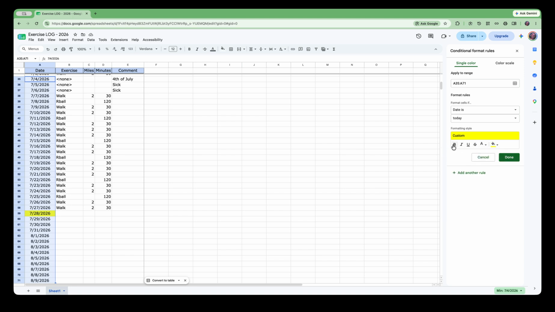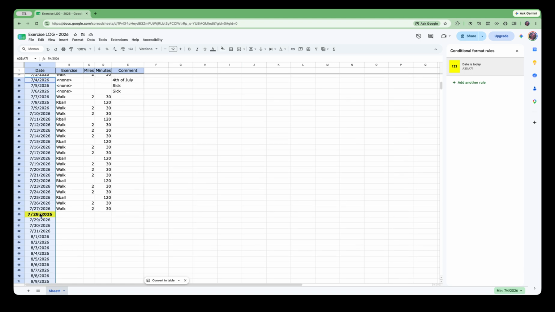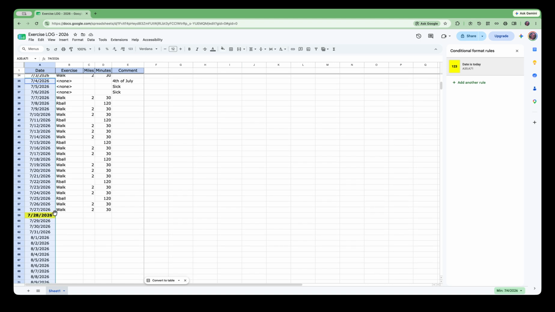Obviously you can do other formatting as well. I think I'm going to make it bold to make it stand out a little better, and that's done. Now you can see in our selected cells that today's date, which is July 28th, is highlighted in yellow and bold. Now tomorrow when you come in, 7/28 will look normal, but then 7/29 will be highlighted in yellow and bold